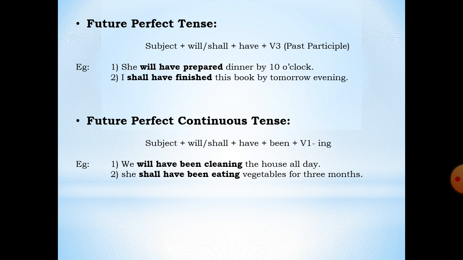So in future perfect continuous tense, you have to remember that will or shall comes, then the helping verb have comes, and when it is continuous you have to compulsorily add been and the verb along with ing. So these are the 4 forms of every tense. Hope you all have understood it well. It's very easy to understand with the help of formulas. That's why I have created a formula.